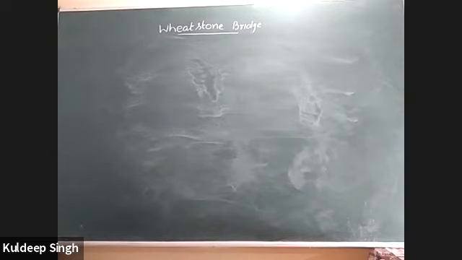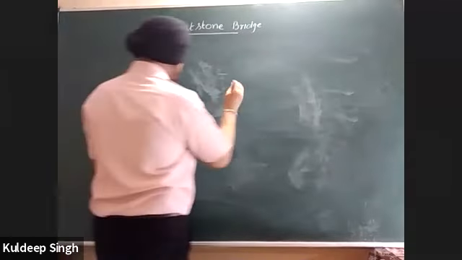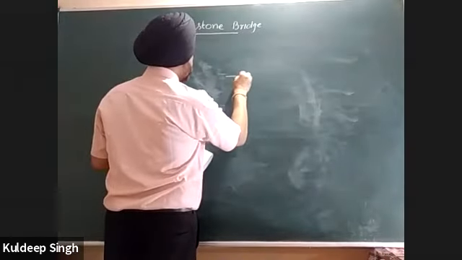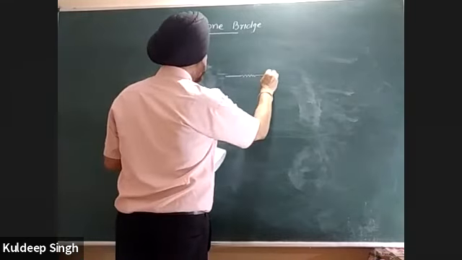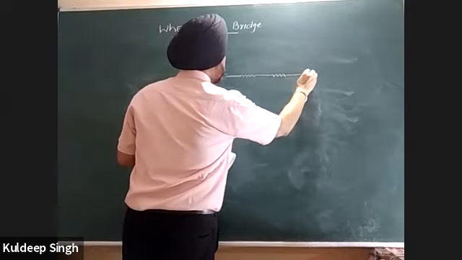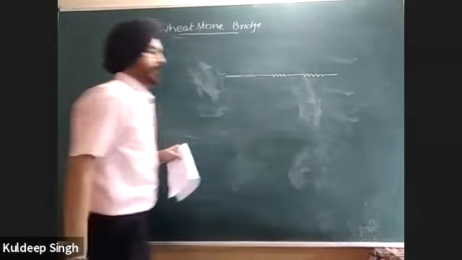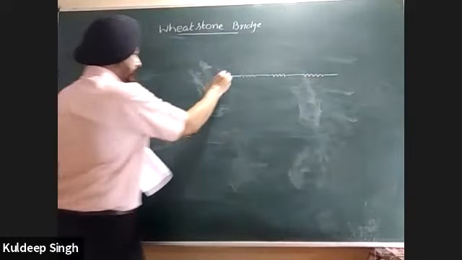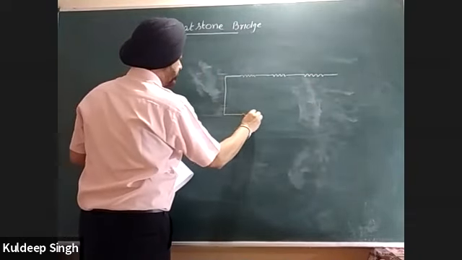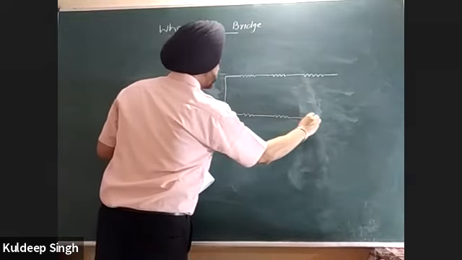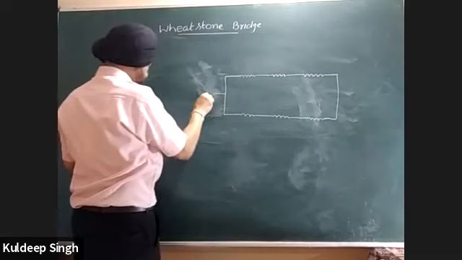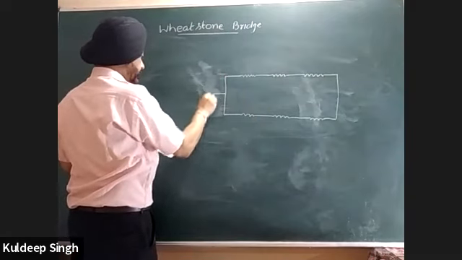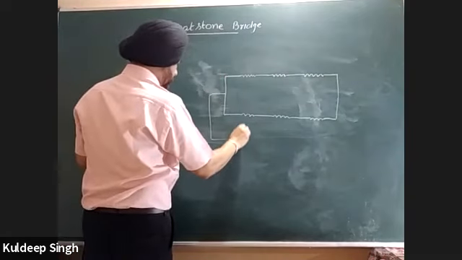And apart from this, there is another kind of resistance circuit. This is a question from H.C. Verma. We are given a circuit. The circuit consists of many resistances. There is a battery,